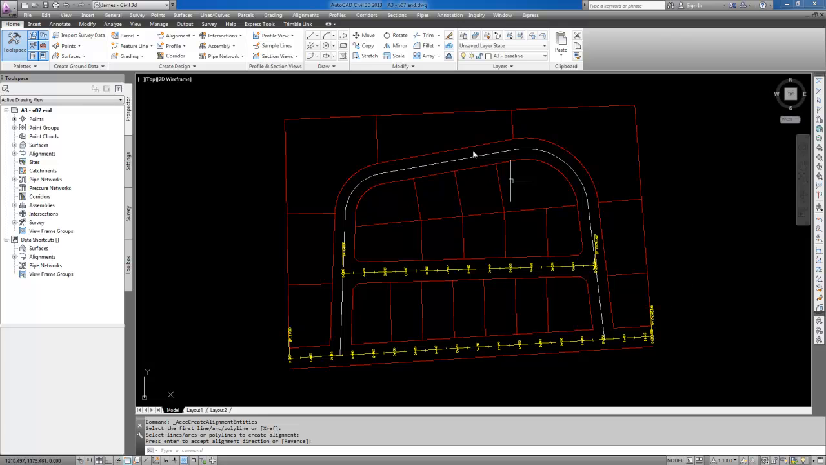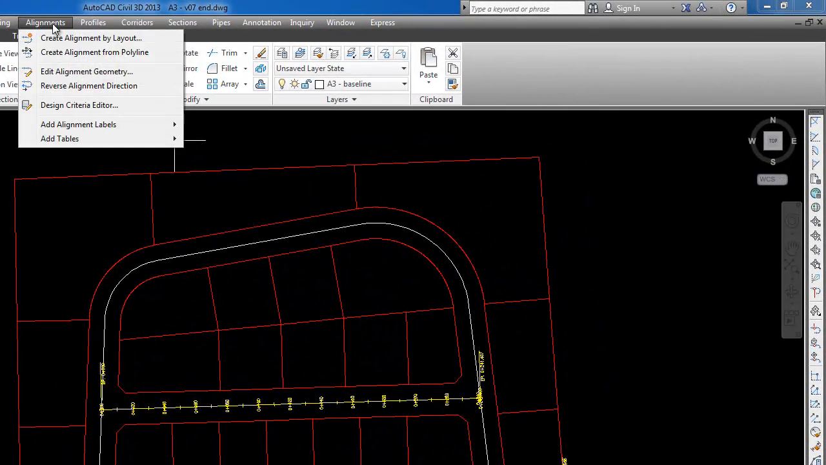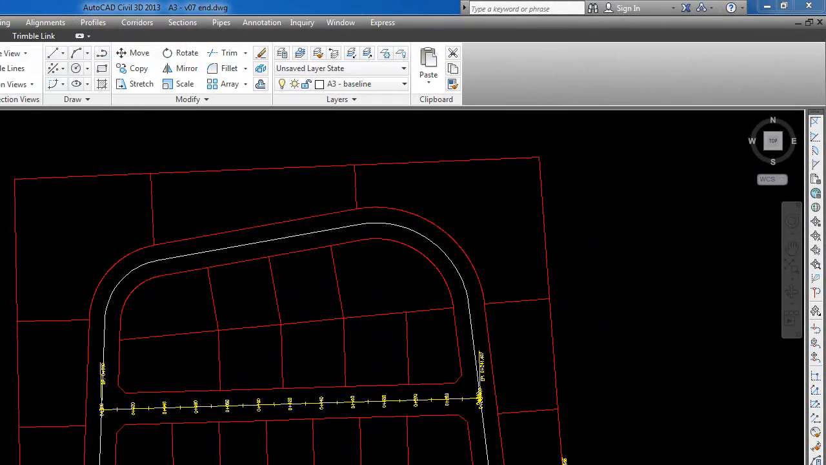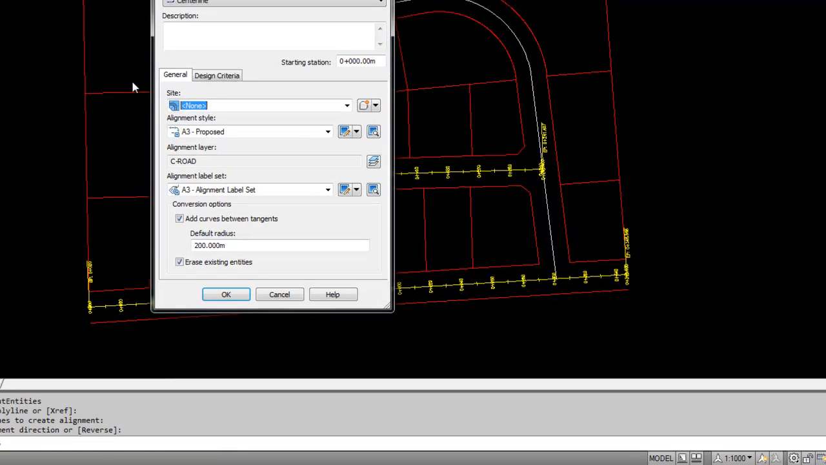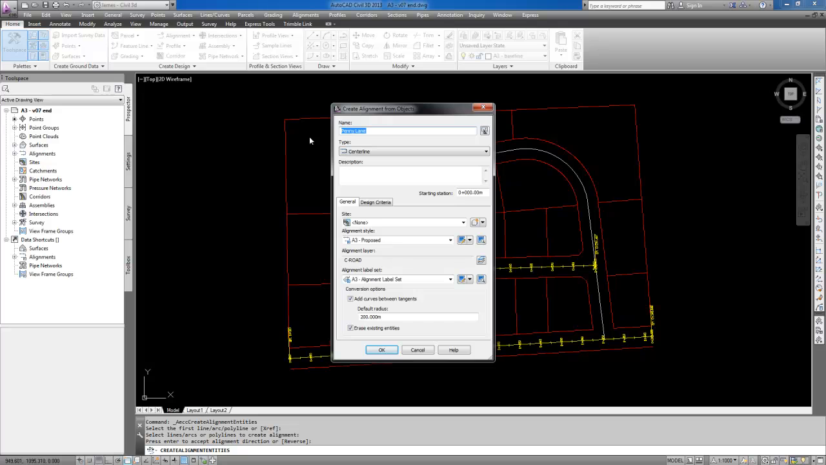Last one is Mazak. So again, alignments, create alignment from polyline, clicking down here, hit enter to end your selection set. AutoCAD shows you the arrow, that is correct. Hit enter again, rename this to Mazak Boulevard,